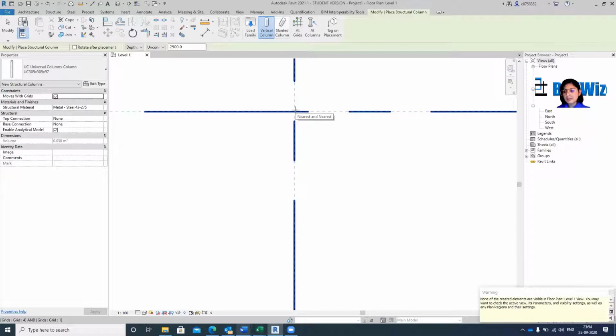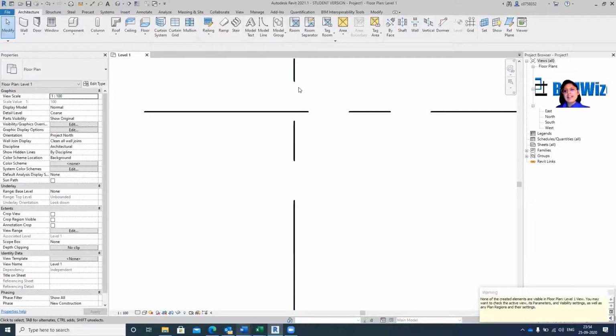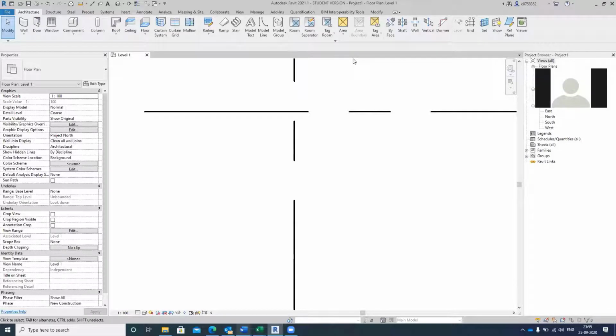So this is the column. Now it is saying that none of the elements created are visible in the floor plan. And we will see why. Can anyone tell me why? Because we did do this last time. Okay, yes, Siddhant. Because it's a grid, not a wall. No, I'll tell you why. And no, version difference, no. Okay, so it is